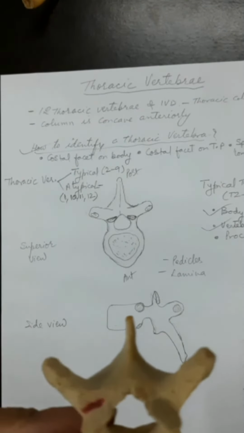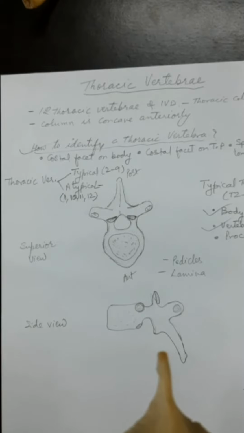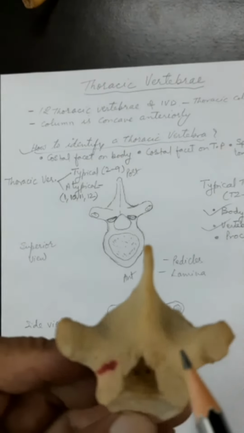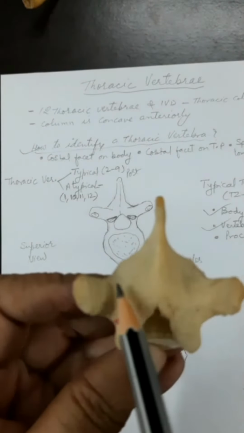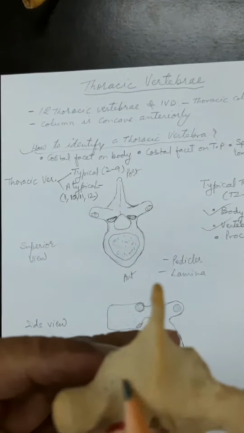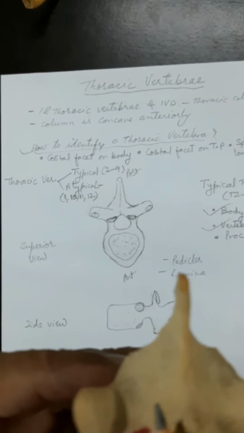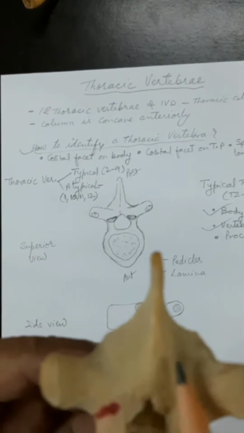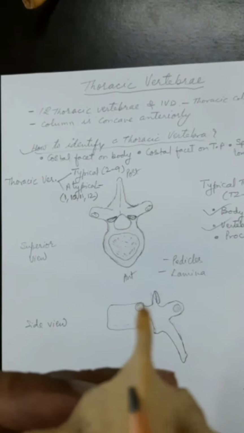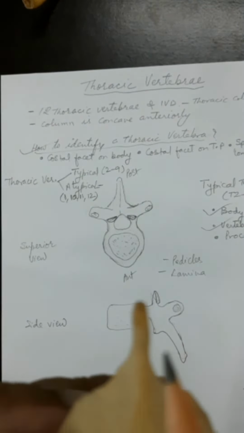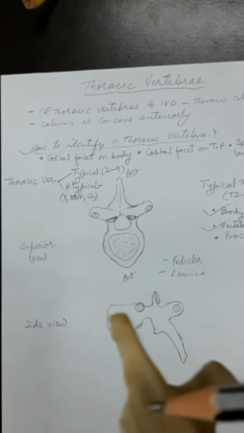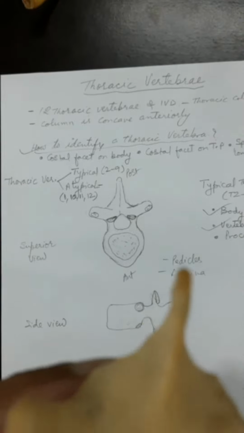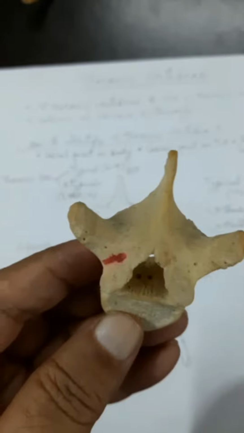Now from the pedicle there comes out posteriorly this vertical flat bone. See this vertical flat bone, and these are called the lamina. This is the left lamina, right lamina. They will fuse in the midline, and then this fusion will prolong as the spinous process downward. See this from this aspect also. It is the spinous process which has taken origin from the fusion of the right and left laminae. So this is the lamina.